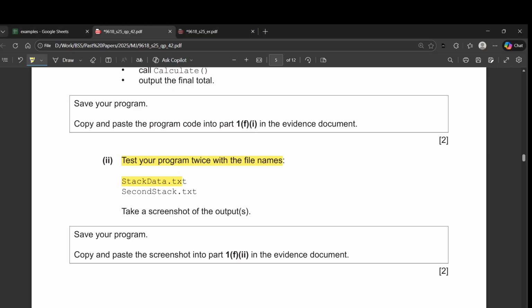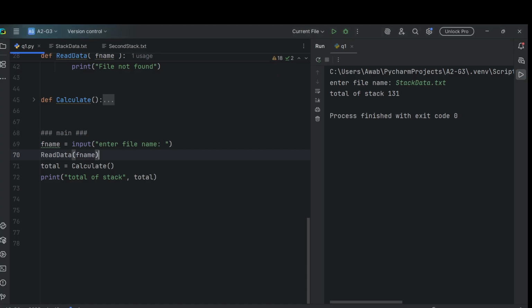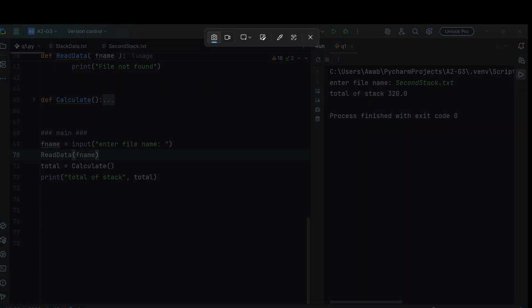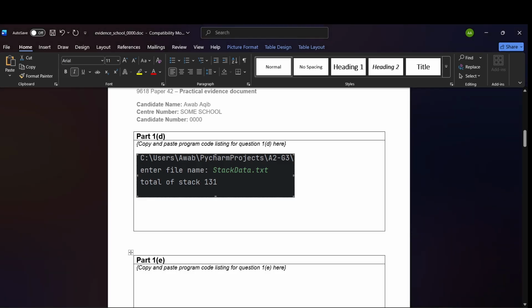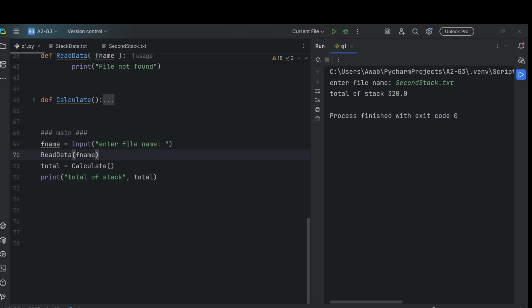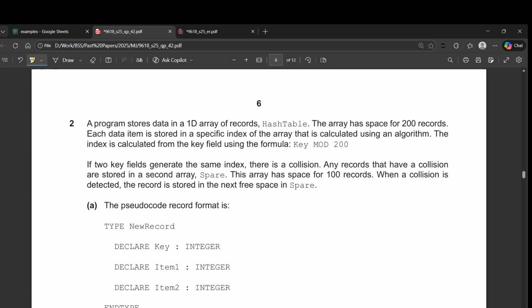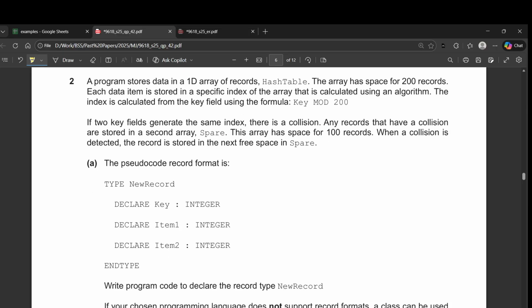All right, then in the next part we have to use second data.txt. So we go back, and this time I'm going to repeat the code, and I'll write secondstack.txt. So it returns an output of 320. Again, I'll take a screenshot of this, and then we'll paste it here like this, right? Okay, that's it. That's the whole question. So question one, and